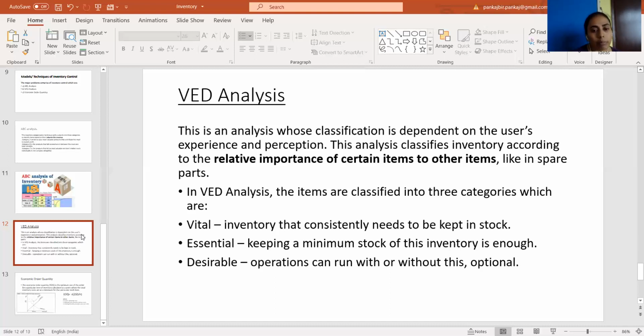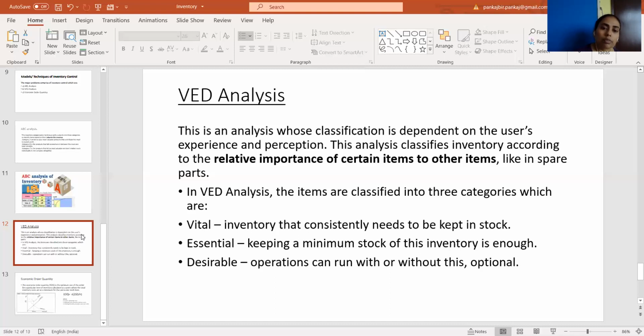And third is desirable. That means in your product line there are certain products which are not the market leader, which are just certain essential products which you are manufacturing for a longer period of time. This kind of product does not involve any revenue increase, or the profit margin is not very high. So just to provide a wide variety of product, you are making certain products.